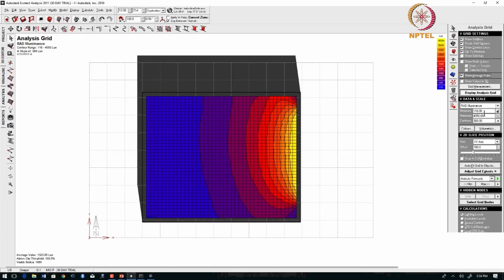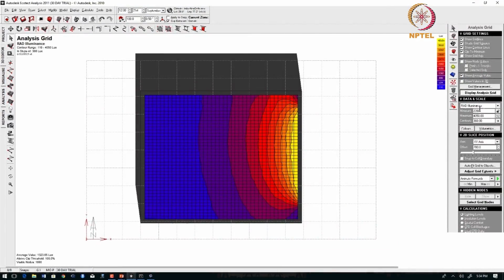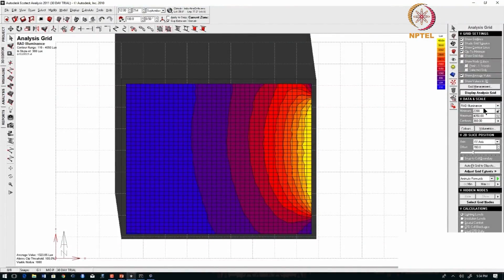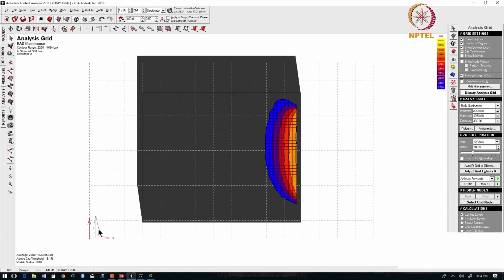So next say I want to see for 2200 lux. So here you can see that 15% of the area is above 2200.